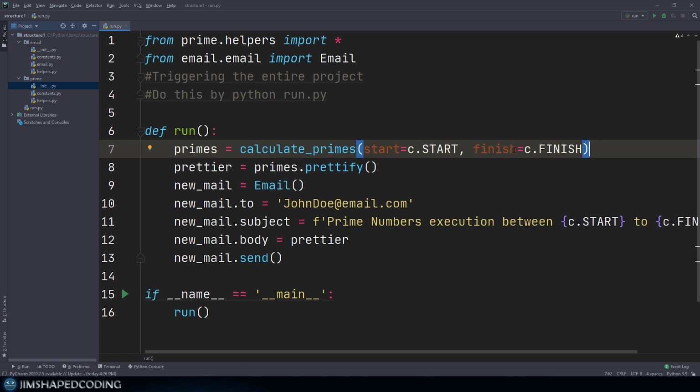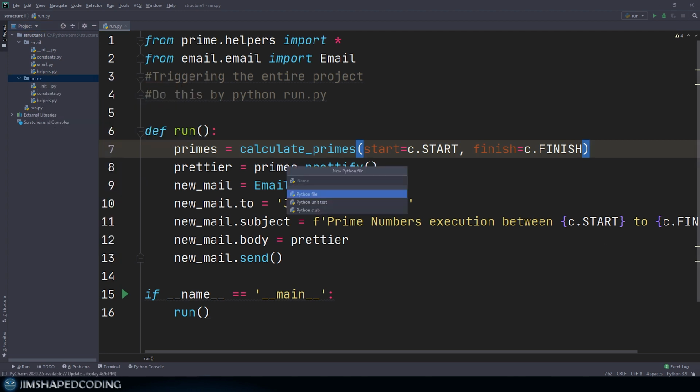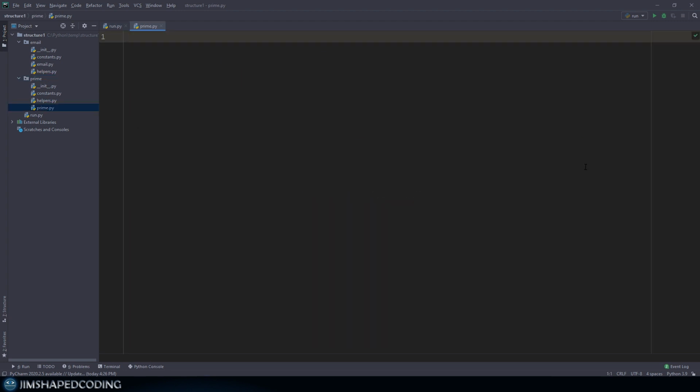Now it could have been a lot nicer if we would have changed this into a class and then take some different actions within that class by referring to the instance methods. So to do this, basically I'm going to do the same things that I have done with the email package, and I'm going to create one more file just as the same name as the package. So I will name a new Python file prime like that, and I will zoom in a little bit and I will say class prime,